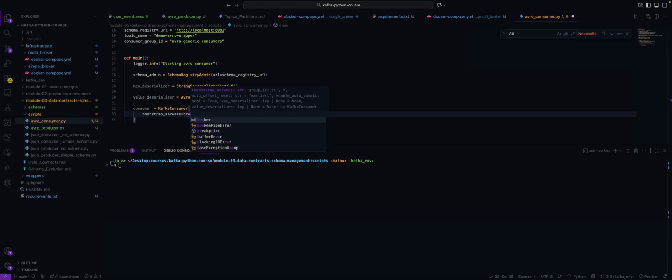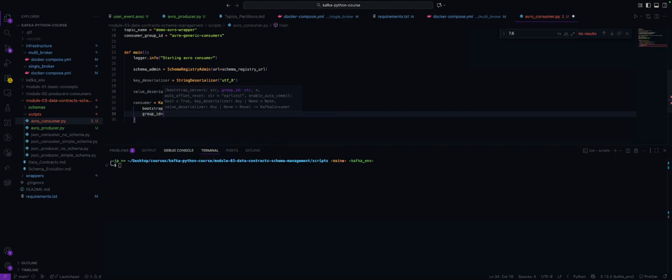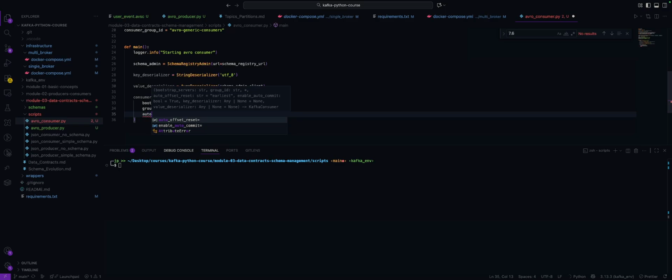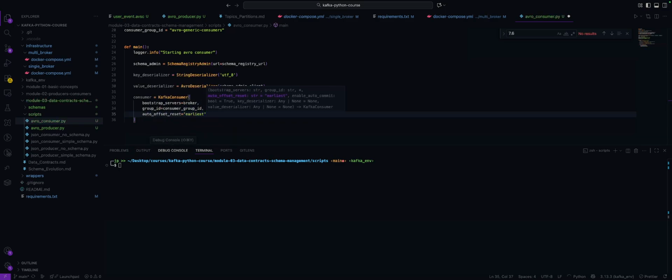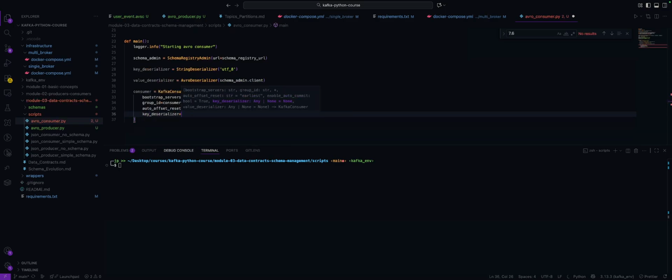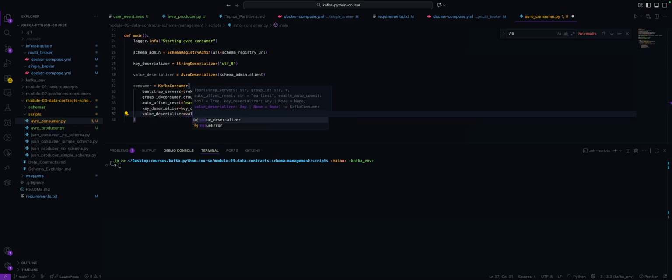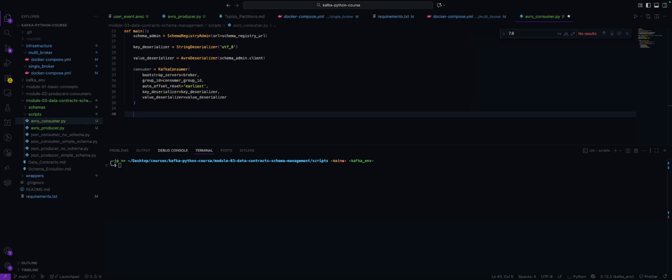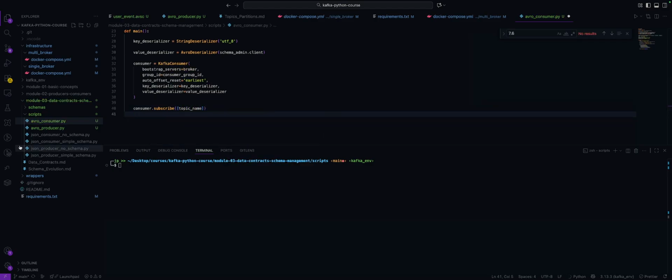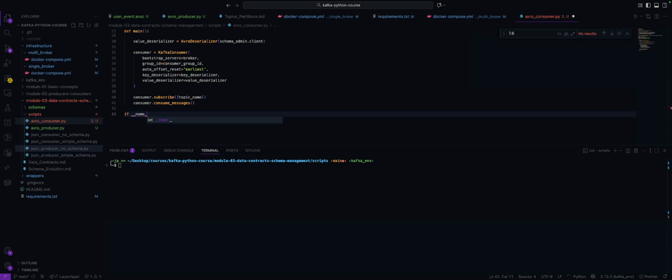Now we're ready to instantiate our consumer. We need the bootstrap servers, which will be our broker. We need a group ID. Let's read everything from the beginning. The key deserializer is our key deserializer, and the value deserializer is our value deserializer. All right, we can subscribe now to our topic, and we can start consuming messages. Very similar to what I've done before. If name equals main,